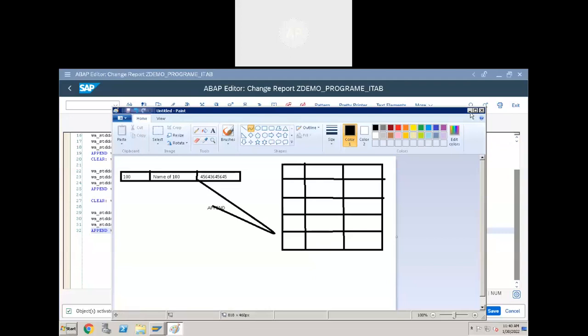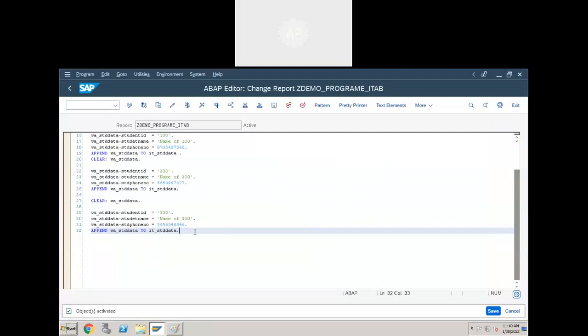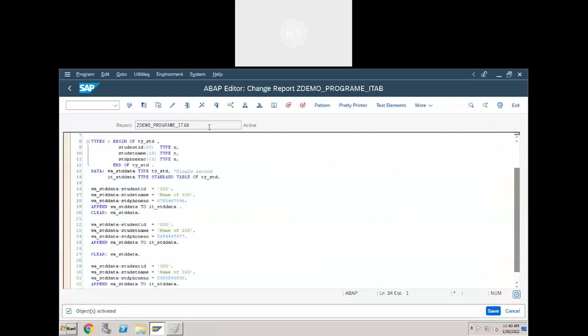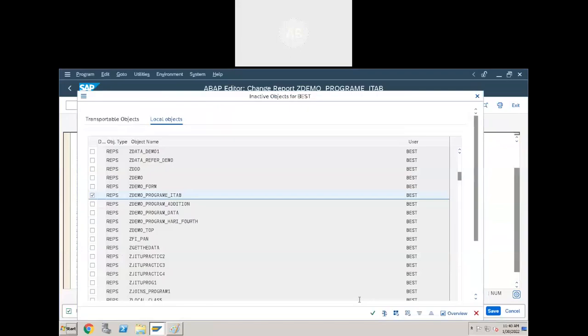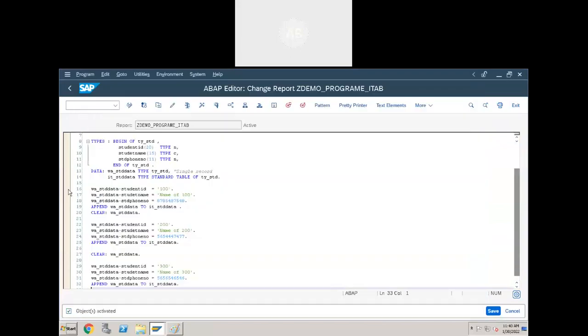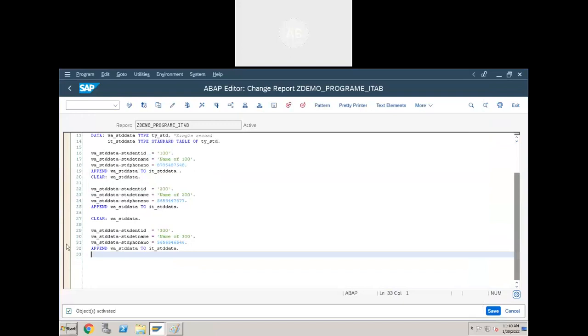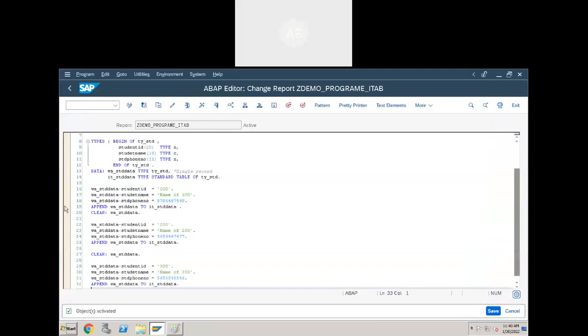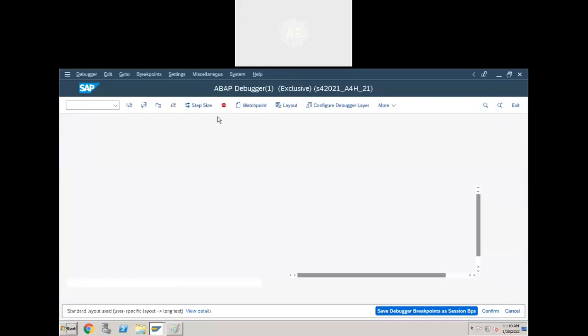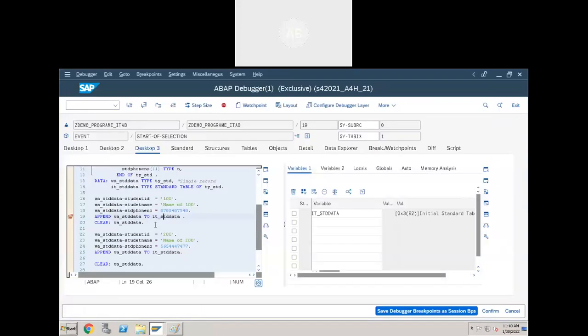Now let's see that in debug mode first. I'm going to keep a breakpoint here at the append statement. Do we have any records in the internal table? If you observe this, what is this? 0 into 3.